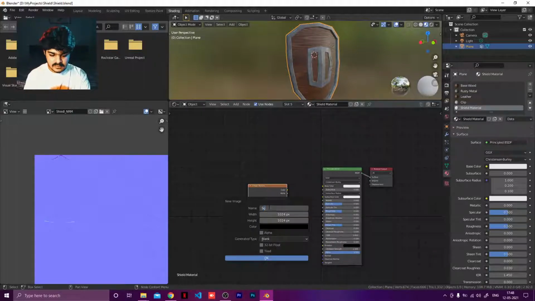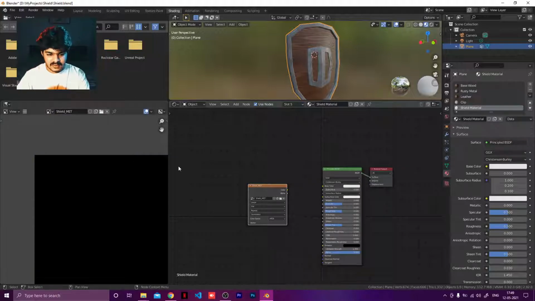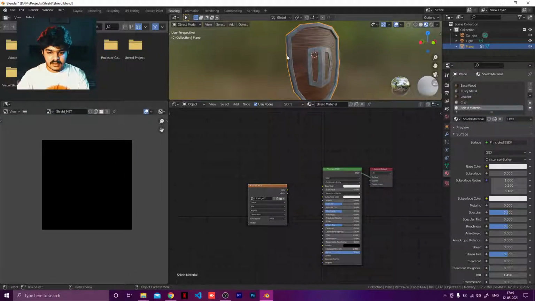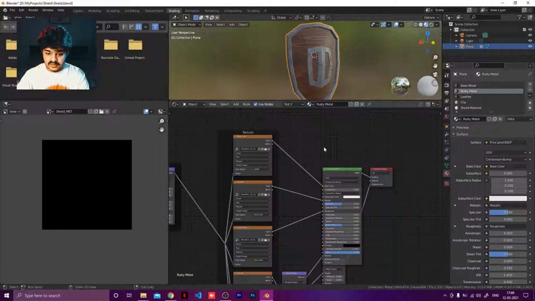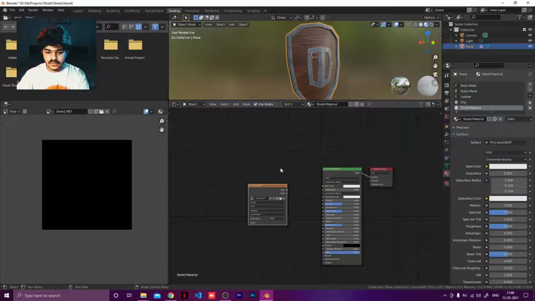Again, shield underscore mate for metallic. Okay, name does not matter as much as you might think. Just because I have a metallic thing going on, I have one metal going on, that's why I'm using metallic. Otherwise I don't even need metallic for most of the things. So you have to understand, if there is some normal texture that you are using, then only you need to go for the normal. Majorly you need to go for the 3 parts: diffuse, roughness, and normal. These 3 are more important.